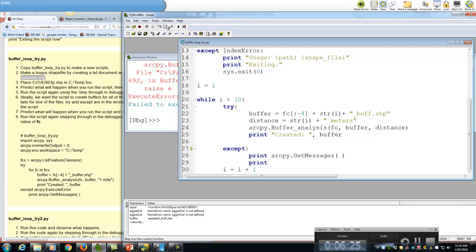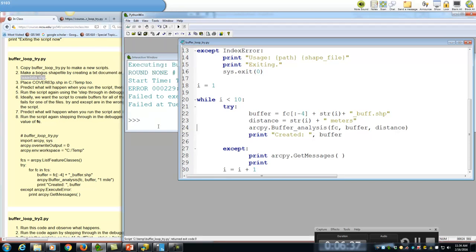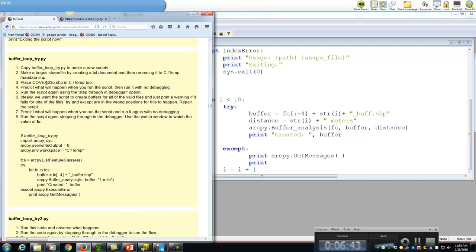Okay. All right, so it's going to fail every time. Tools. All right, so it's going to fail every time. So next, we're going to try it with cover 63P shape. The reason that they do